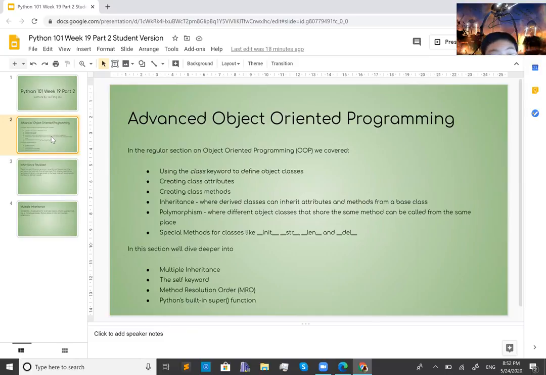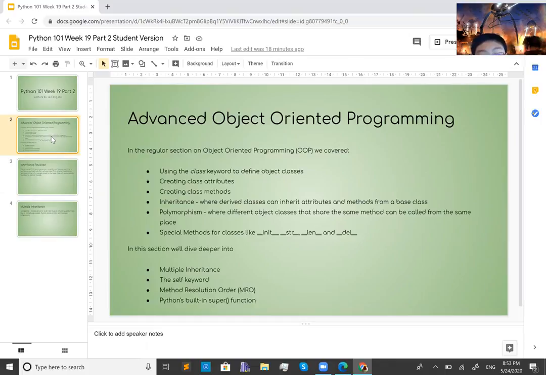We also learned about two very important but different things called inheritance, where derived classes can inherit attributes and methods from a base class. And we also talked about polymorphism, where different object classes that share the same method can be called from the same place. We also learned about special methods for classes like init,